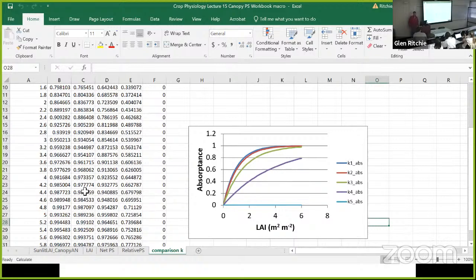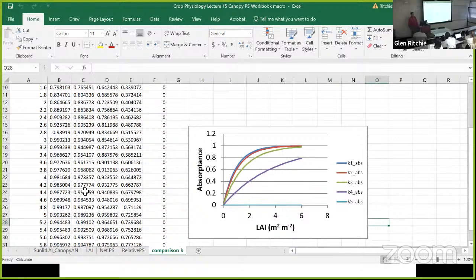Good question. The question was, in a snapshot this makes sense, but the sun's moving over the entire course of the day. So wouldn't it make sense to have an array of leaves at different angles to potentially take advantage of that? I would say yes, and some plants seem to really play to that advantage.